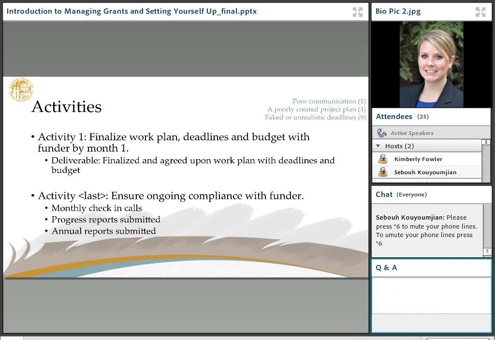So the first tip that I want to share with folks is to always have your first activity when you're writing a grant, if you can, especially with federal partners, federally funded grant applications, definitely do this. Activity 1, finalize work plan, deadlines, and budget with the funder. By month 1, by month 2, whichever timeline you want to give yourself. I think that is definitely a good tip that I recently learned and have since started using it for all of my grant applications,